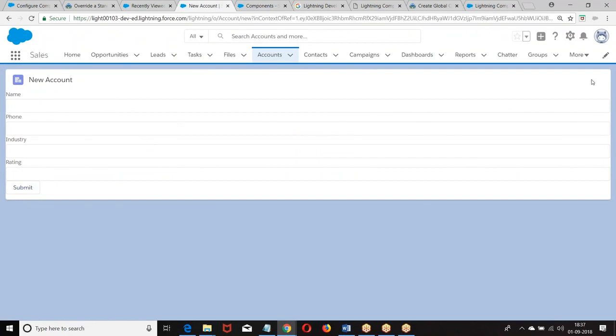If you want any action to be displayed here, how do you display? These are actions of the card. Set actions. This is set title. This is set footer. Now you can define whatever logic you want. I hope you are good with this. So what was this? Overriding the standard action or creating a custom functionality on standard pages. This is called object specific action. Everyone has followed this? Okay.